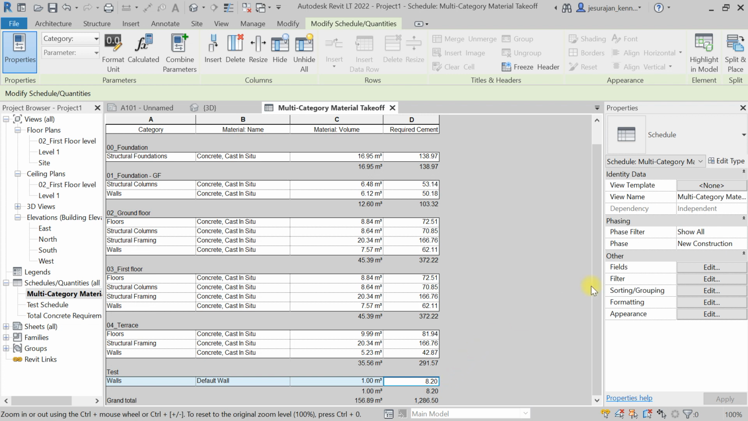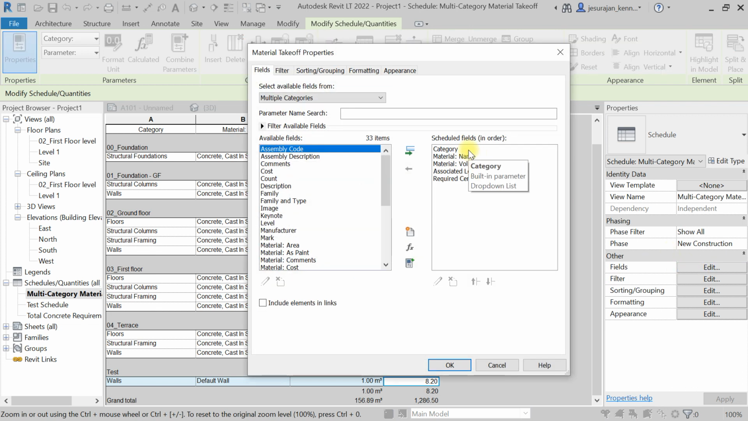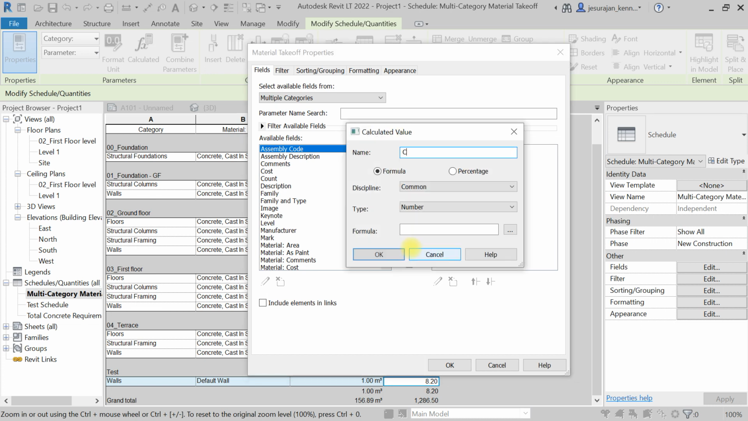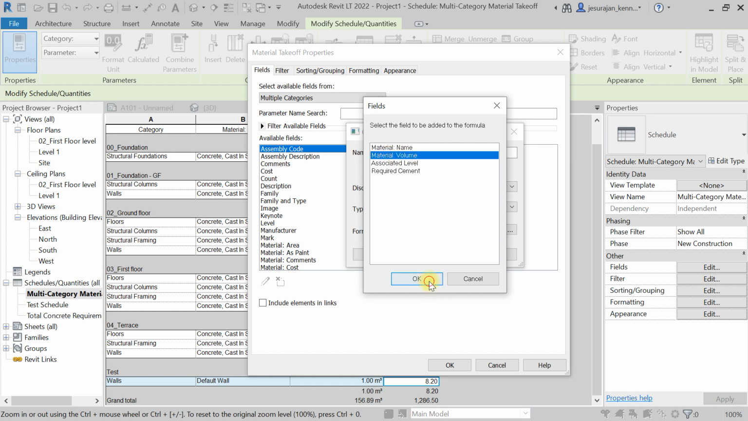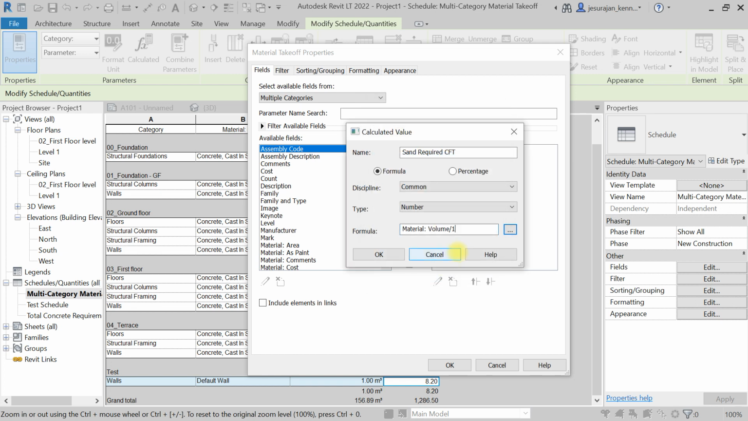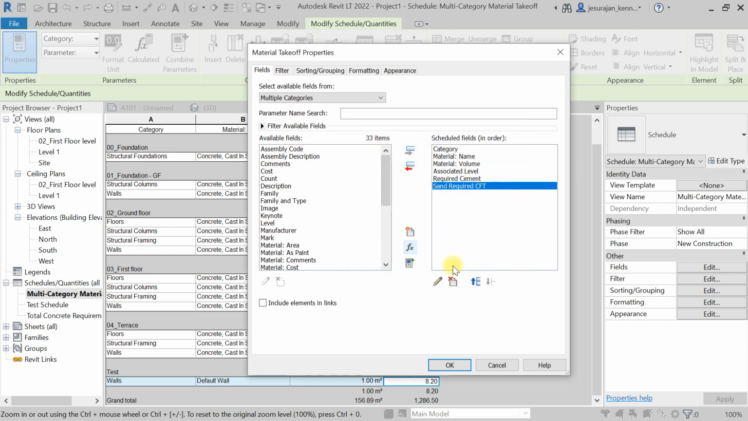Let's add the next column. I'm going to click field again, add calculated parameter, and name it sand required. Okay, I'm going to say CFT is the unit, cubic feet, common, number, and the formula is material volume divided by 1, add open bracket and close bracket, and say OK, and go here again, edit,